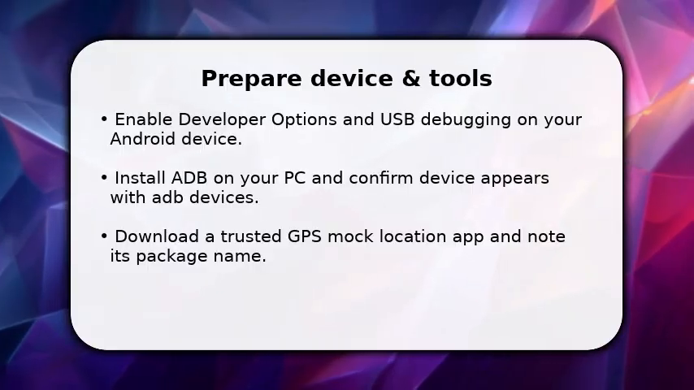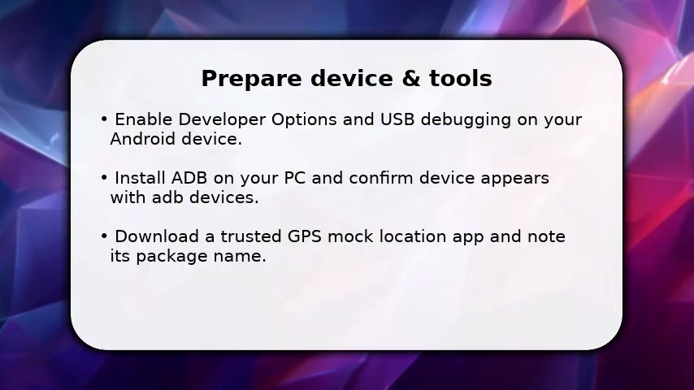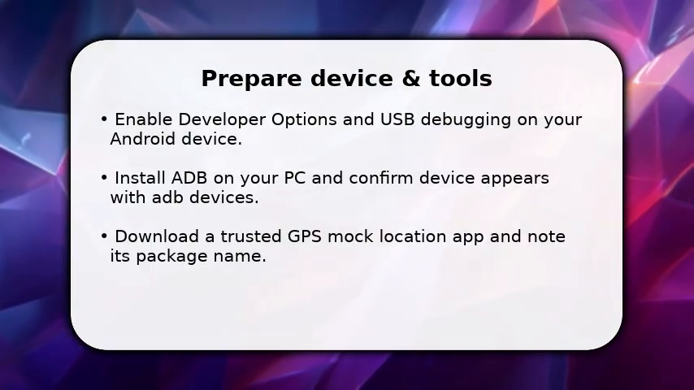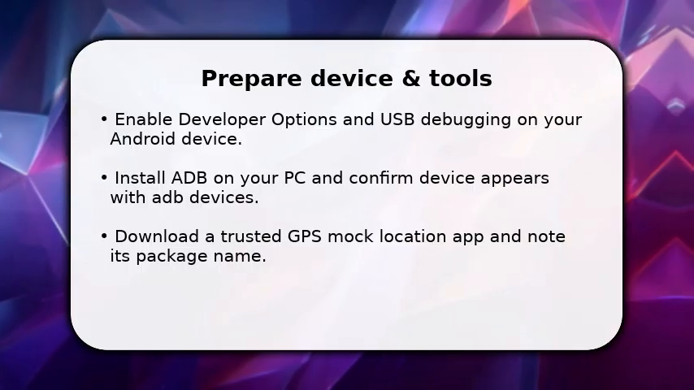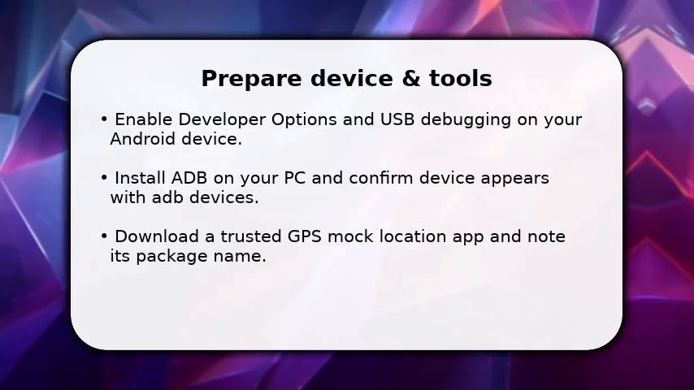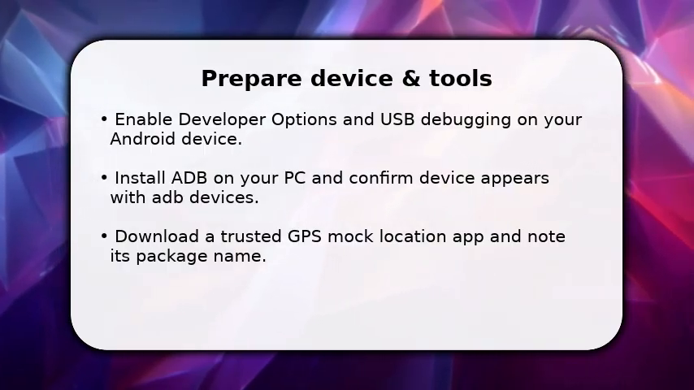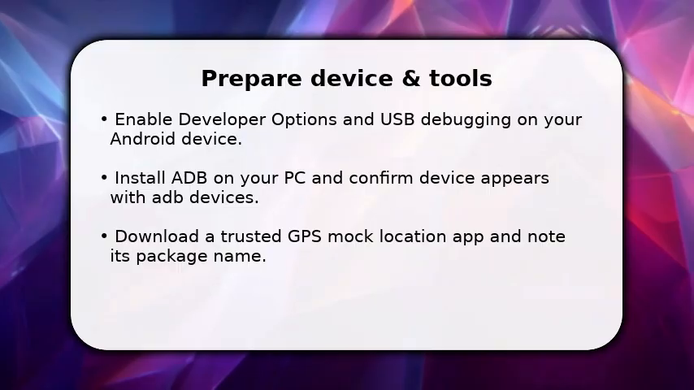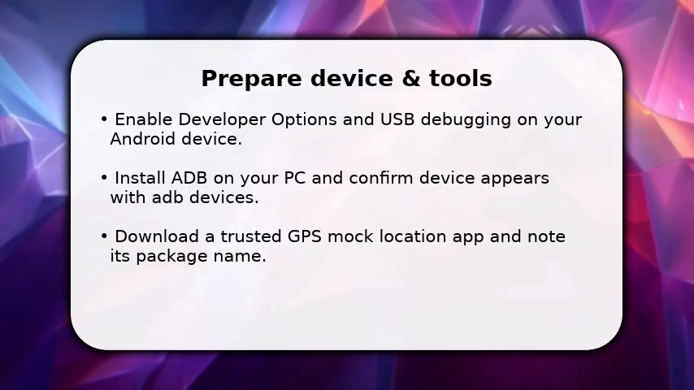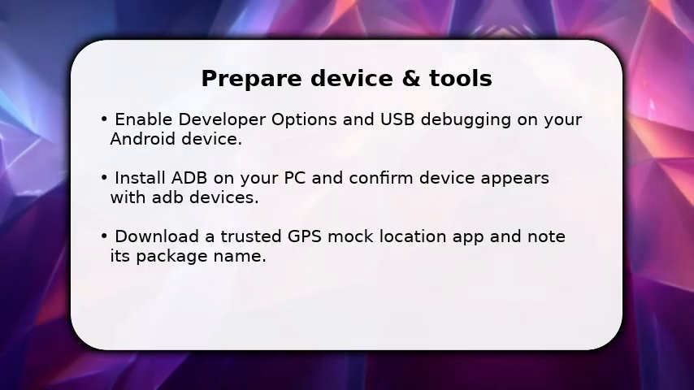You start by enabling developer options and turning on USB debugging so your PC can control the device. Install ADB on your computer and verify the phone shows under adb devices. This proves connectivity. Once done, install a reputable GPS mock location app and remember its package name because you will